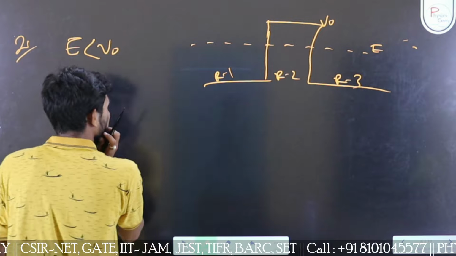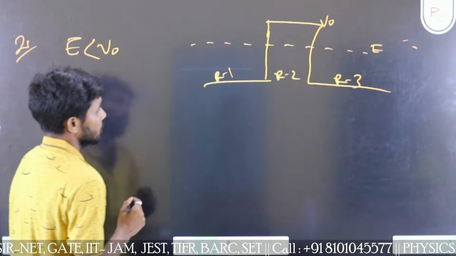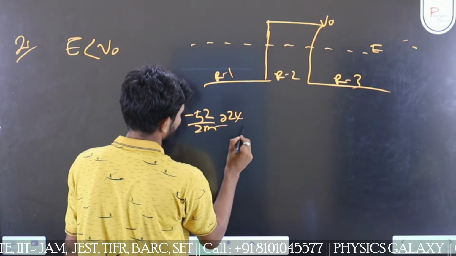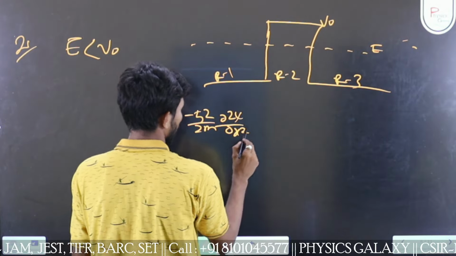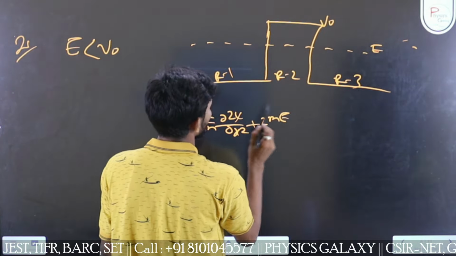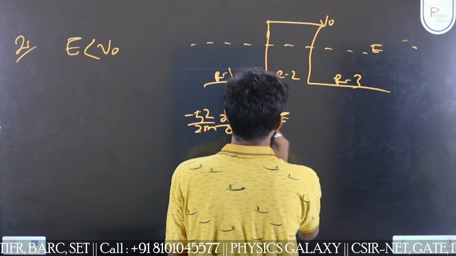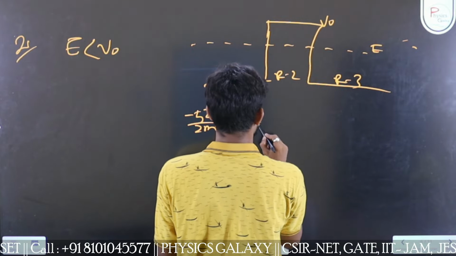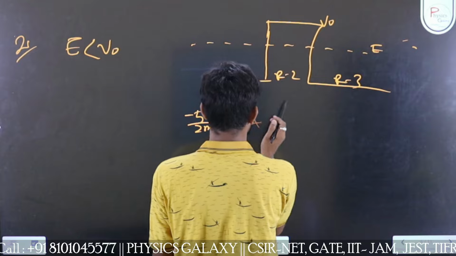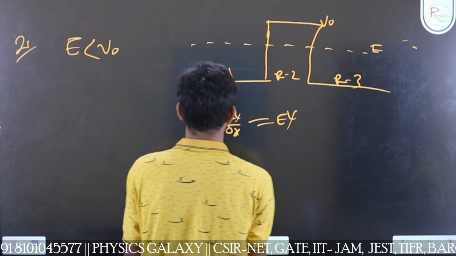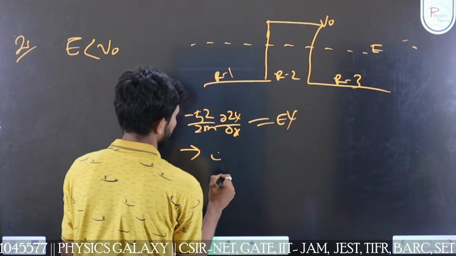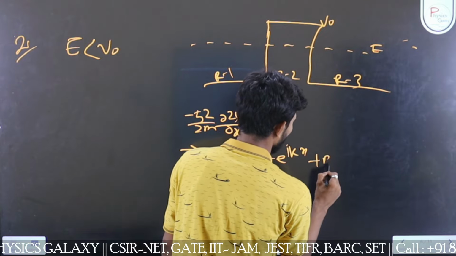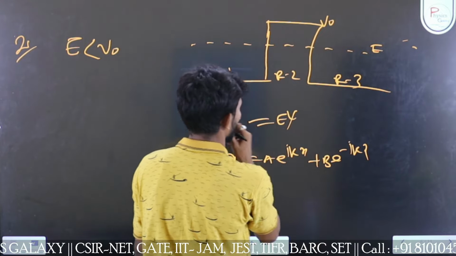Okay, so the Schrodinger equation for the first region: del 2 psi del x2 plus 2m E psi by h square equals 0, since the potential is 0 here. So in the first region it will be oscillatory in nature, A e to the power i k x plus B e to the power minus i k x. But for the second region,